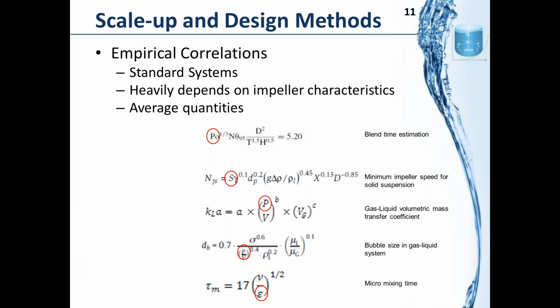Let's look at what the design methods are, very briefly. So typical design methods available to the engineers: we need to design and scale up the system. Let's try to understand how we can estimate those mixing parameters or those scale-up rules which we just looked at. So empirical correlations can be used. As I can show you here, empirical correlations are available to estimate all these scale-up parameters.